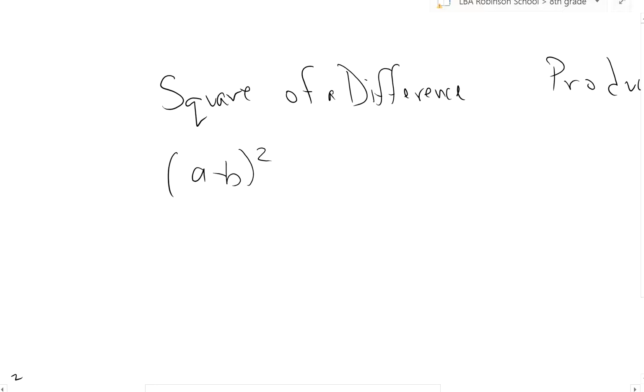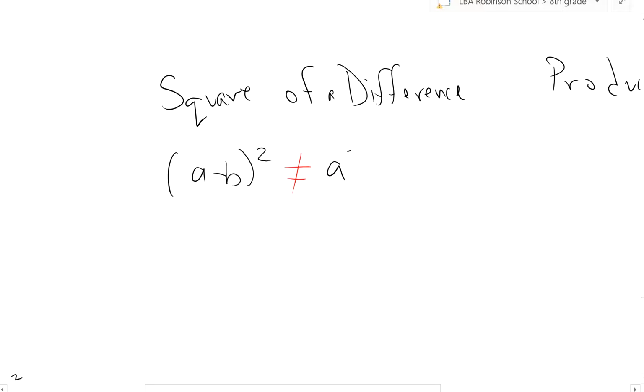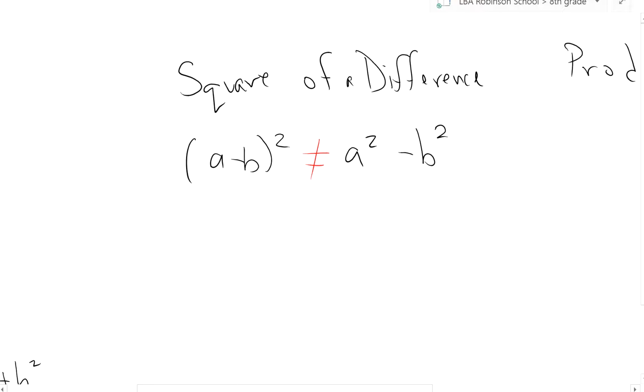Now, just to point it out from the start, just like the other, this is not going to be equal to a squared minus b squared. That's never going to happen. And basically we're going to use the same strategy as the previous video to solve this one, to multiply here. So you have (a − b) times (a − b), and well, a times a is a